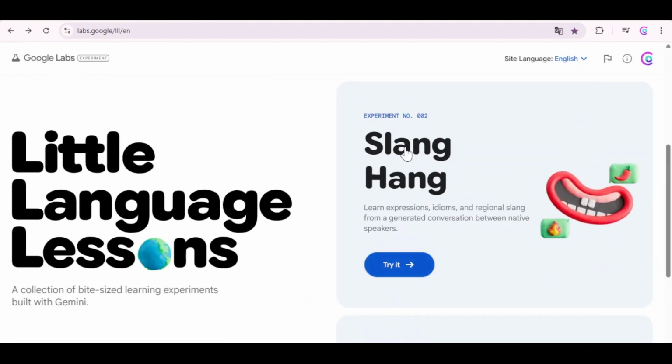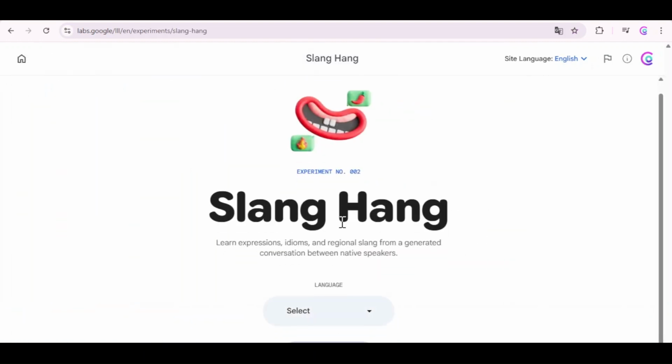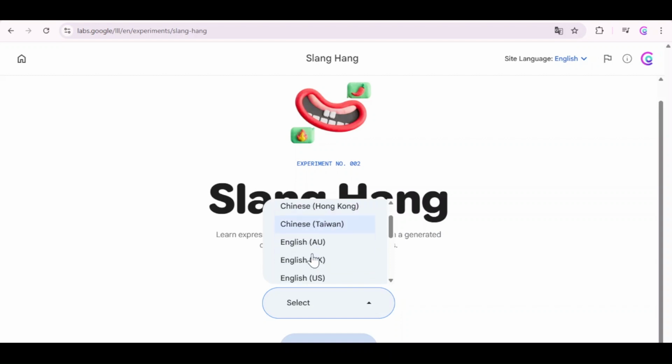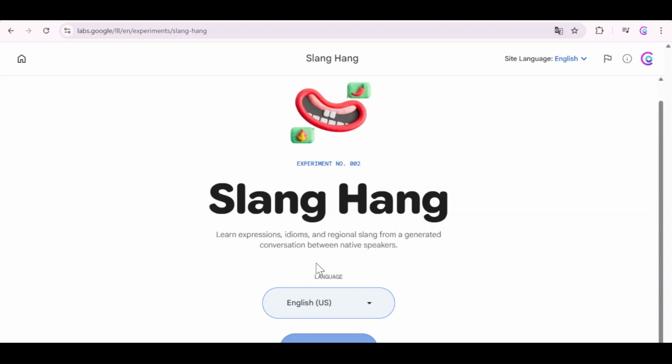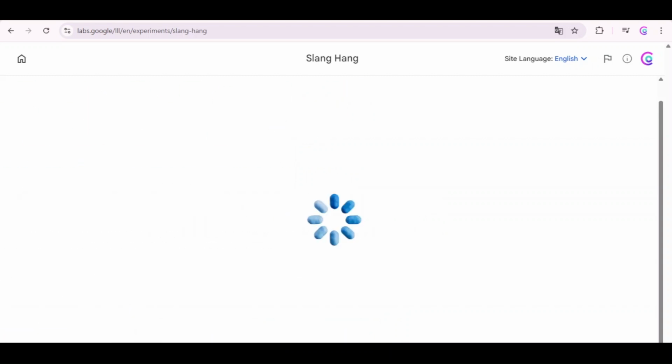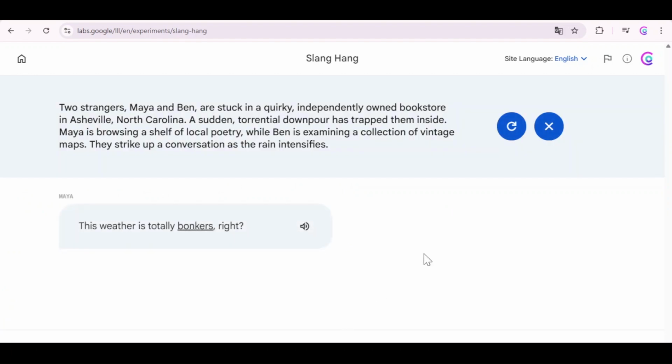Let's continue with the second one, Slang Hang. Learn expressions, idioms, and regional slang from a generated conversation between native speakers. This is really cool because here, once you choose the language you are learning, you will be able to practice your English with a daily conversation, and you can also practice the pronunciation listening